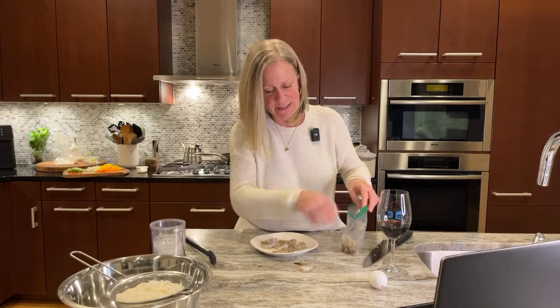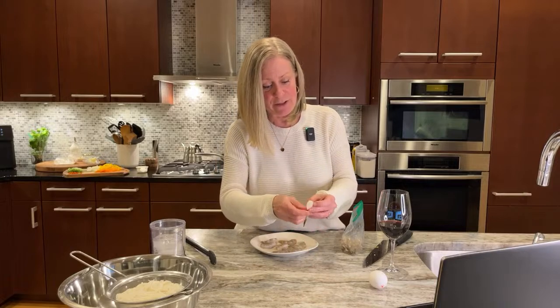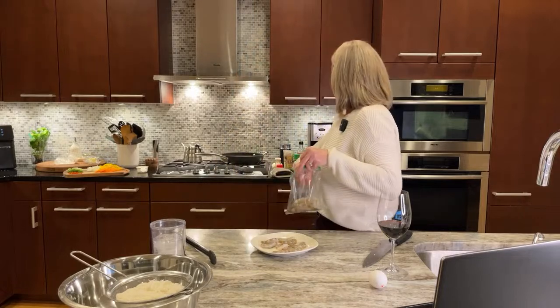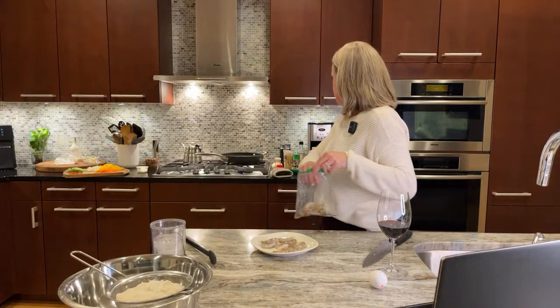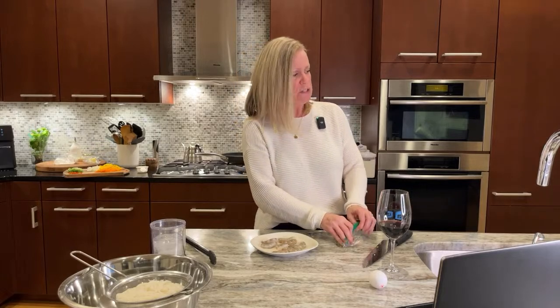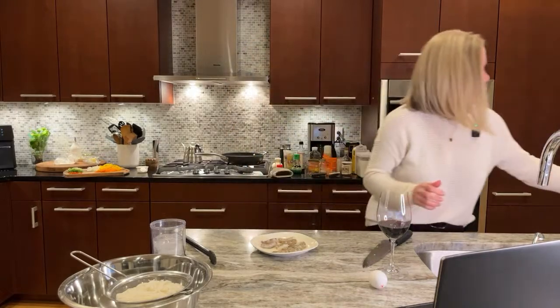Fragrant and delicious. And then we'll start adding everything back in. And then I'll add some soy sauce. And we're going to try some fish sauce. That's a new thing to try. And I'll test for seasoning in case we need any salt and pepper. The fish sauce is salty, so I want to make sure I add that first before I add any extra